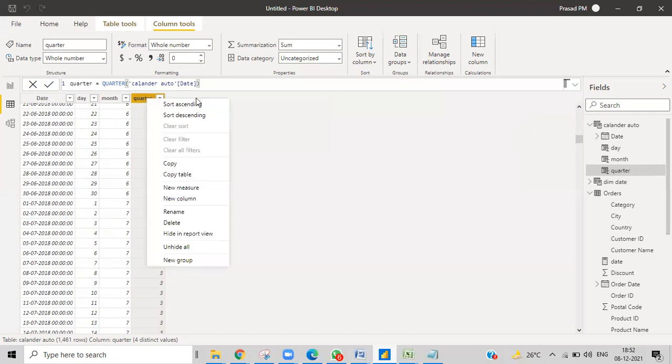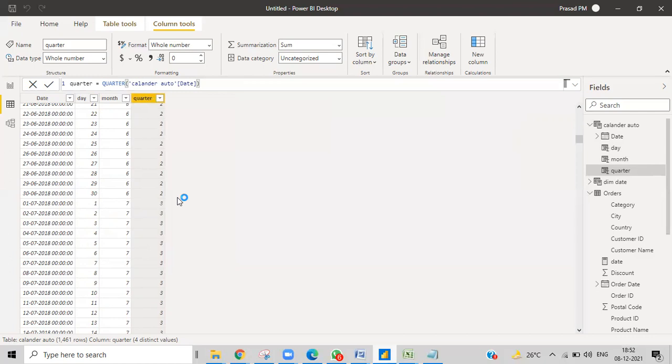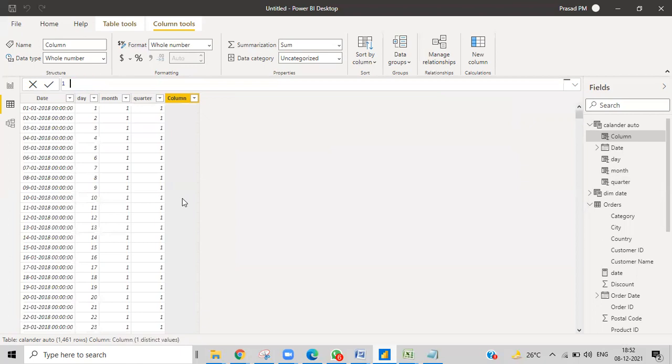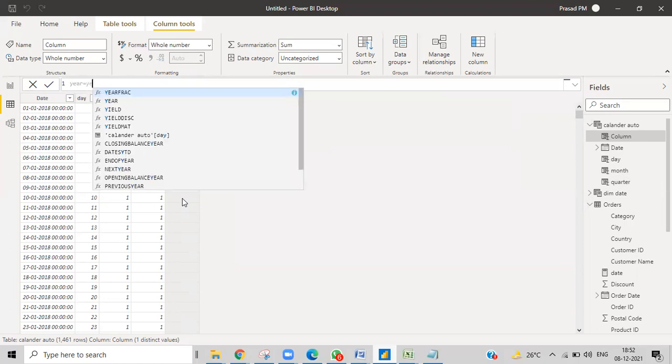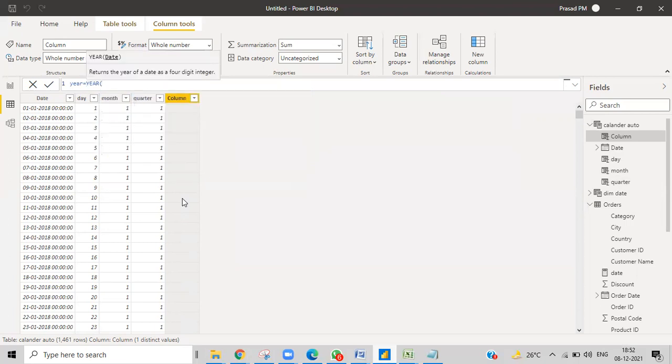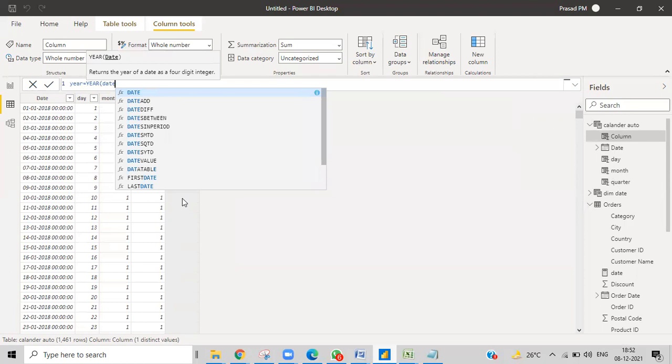This is how you do it. Let's create another column for year. Year equal to YEAR of the date.